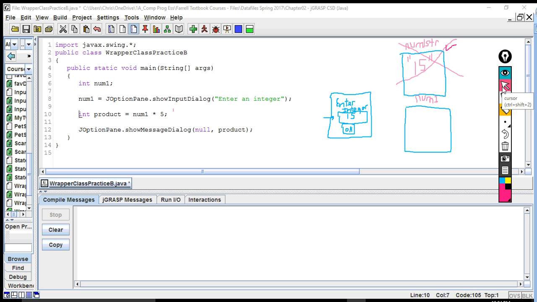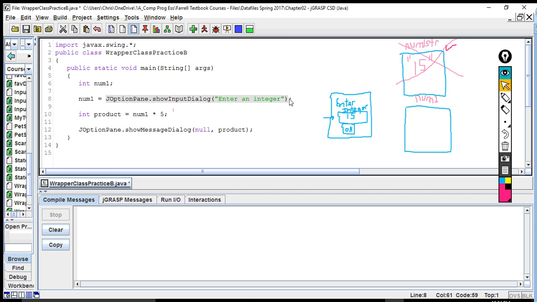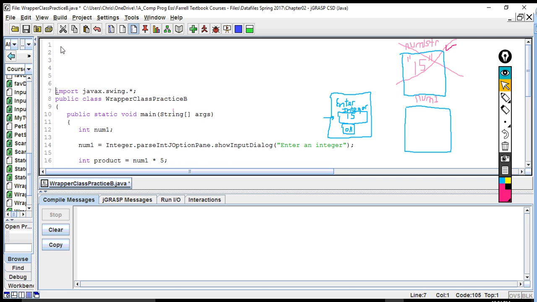All right, so what we want to do then is, as we said before, this is going to produce, let's say, a 15 as a string, and we can't store it in num1 because num1's an int. So we're going to convert it. So we're going to do the same thing as we did last time, only in a different location. So we're going to go Integer, which is the name of the wrapper class, dot parseInt, and I'm going to go down a little ways,